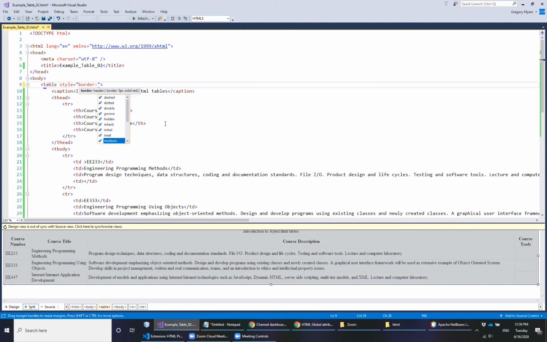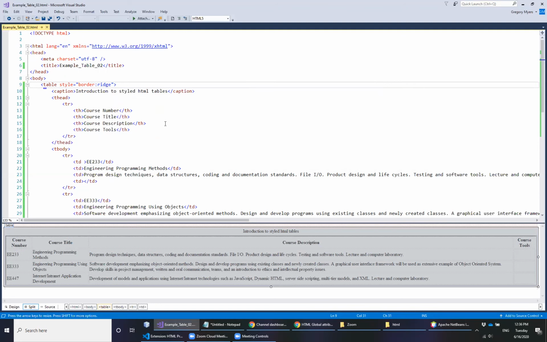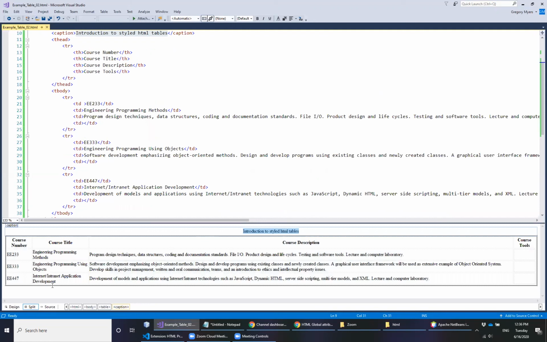And so I'm just going to choose one here. We're going to maybe try a ridge. We'll see how that looks, and we can play around with it. And then go ahead and save it. You'll notice that now your table has a ridge border all the way around it, but the individual cells do